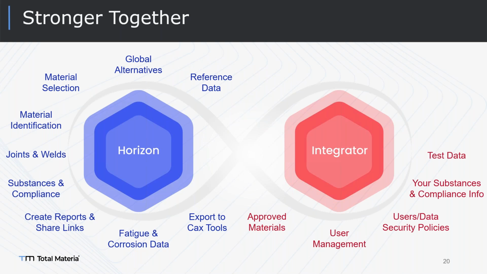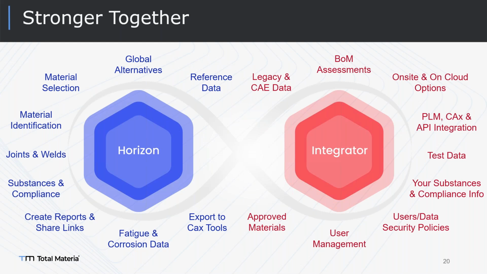You can add your test data. Once you create a material card, you can just generate this test data. You can add your own material behaviors and test results into your material cards, so that with this, you are creating special material cards that will only be visible to you and your engineers. You can combine with PLM, simulation, API integration, and on-site and on-cloud options. We have all of them, and offline options, a BOM assessment, and legacy data and simulation information. All this research history and memory of your company